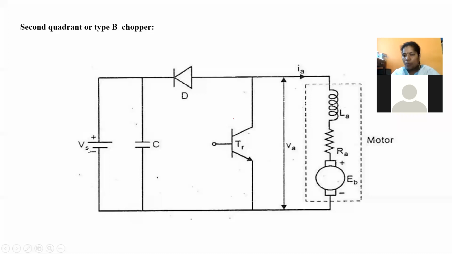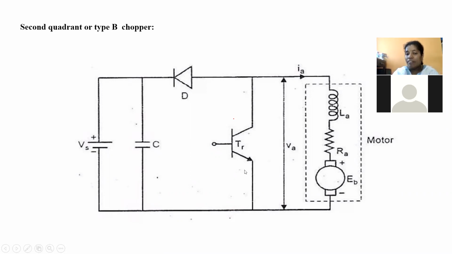Because due to the supply voltage, the chopper can't be turned on, and because of the supply voltage, there is no path for the current to take. That means when supply voltage is given, the chopper is not going to be turned on, and there is no output voltage. And because of this capacitor, in this mode, the chopper is going to be turned on, and there is no output voltage.